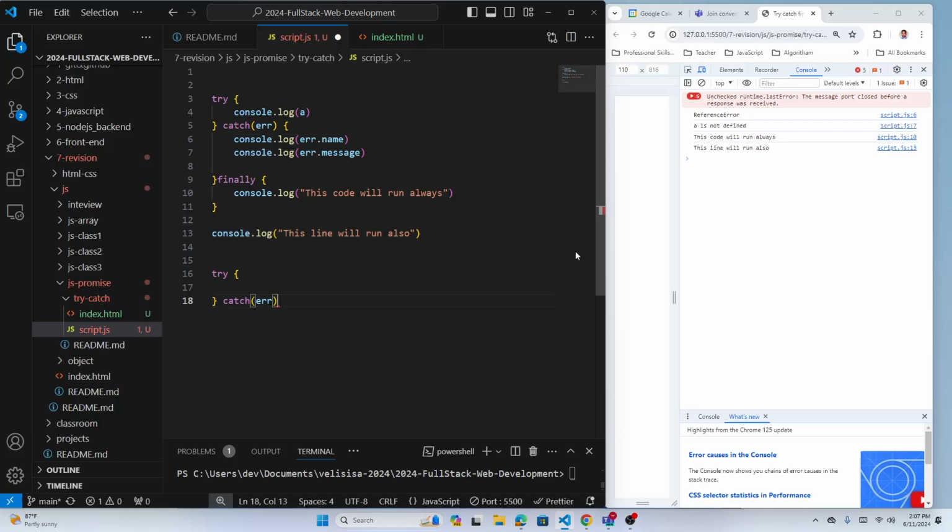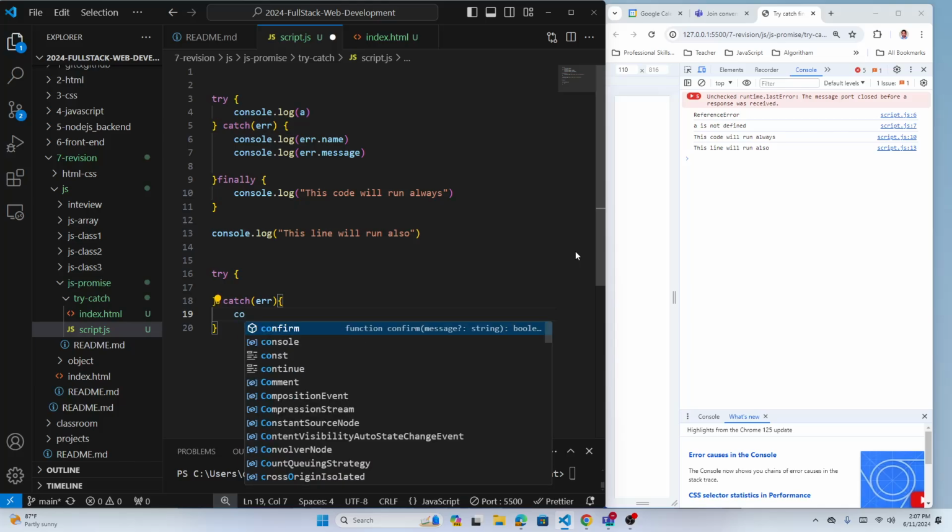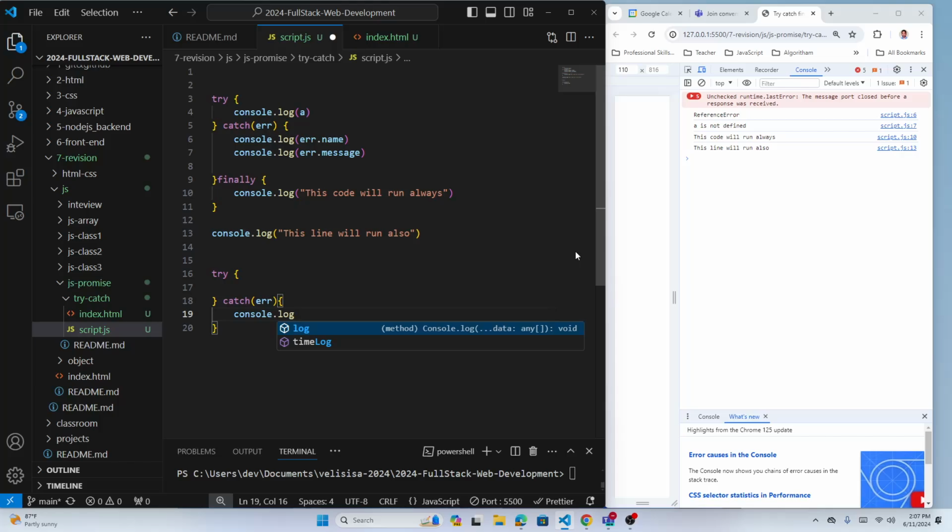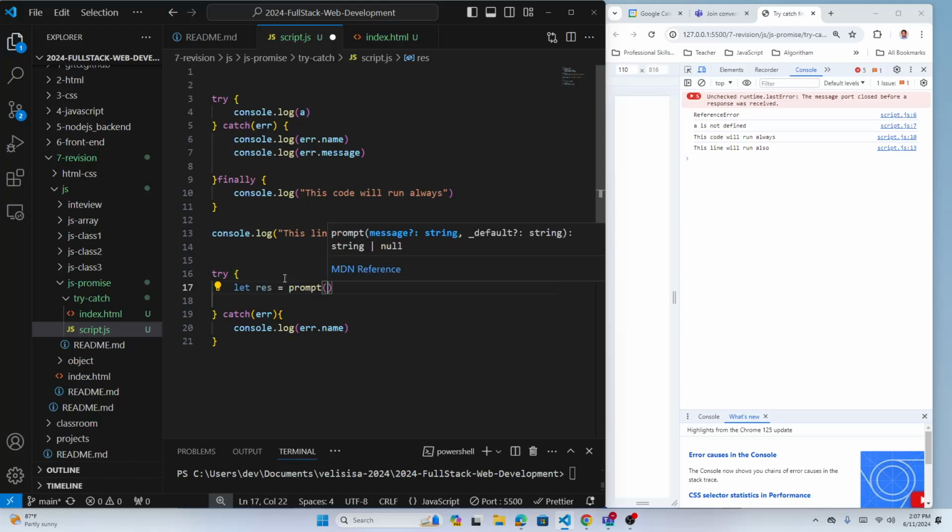So in the try, we're gonna do the same thing, console.log error.message, or we can call the name also, it does not matter. So here what we will do, let response equal to prompt. Remember the prompt, you guys have used the prompt, right? We're just gonna prompt something to ask a question. Okay, so please enter